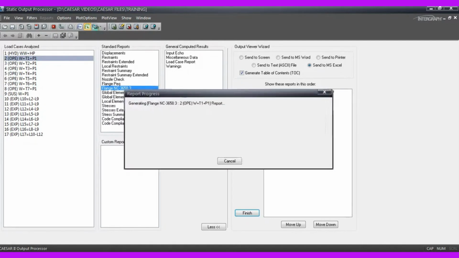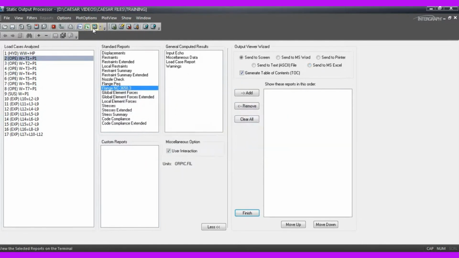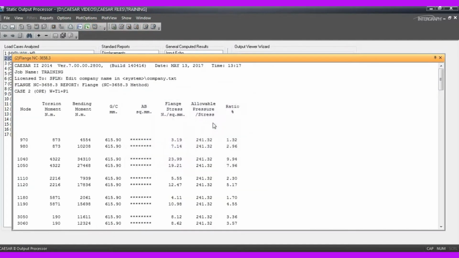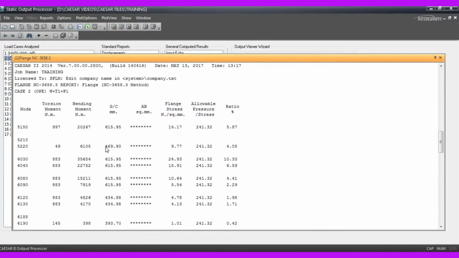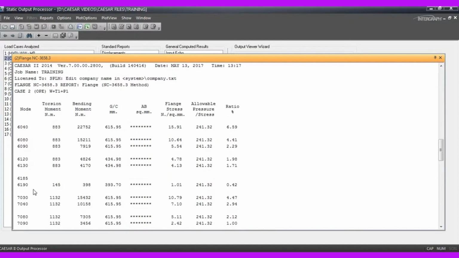You can view the reports or you can extract them in Excel sheets or Word files also. You see at node number 6120 we have defined, your percentage is very low, so your flange leakage is okay for these flanges. Okay,